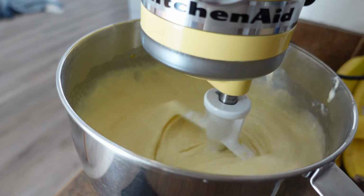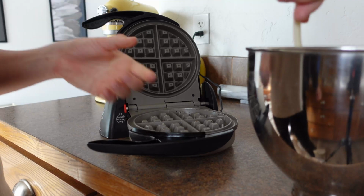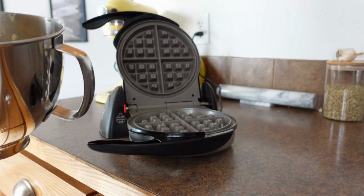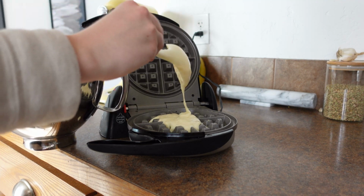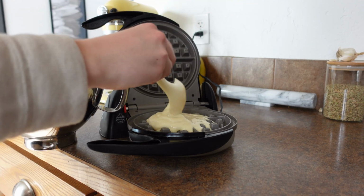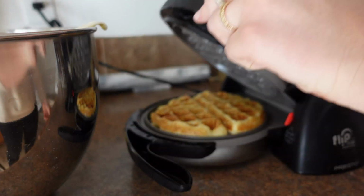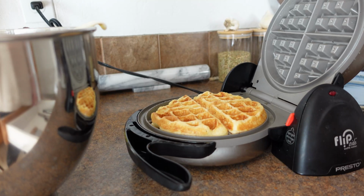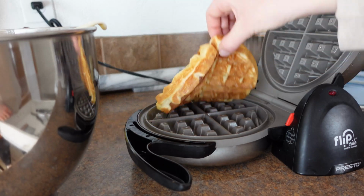If you are doing the original recipe from Little Spoon Farm, don't add the baking powder and baking soda. Initially, I would recommend fermenting it in the fridge overnight and then adding that right before you're prepared to make your waffles. But I just greased my waffle iron with a little bit of avocado oil and spooned it in. You guys know how to make waffles, I'm assuming, so it's pretty straightforward,